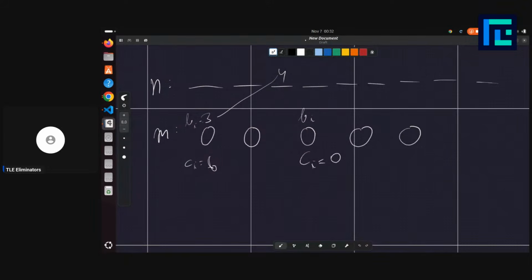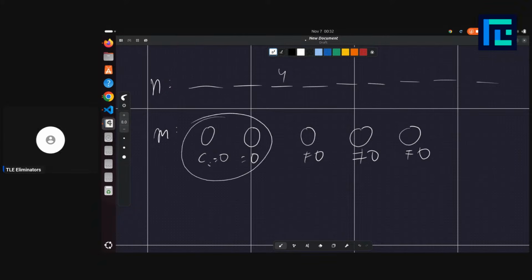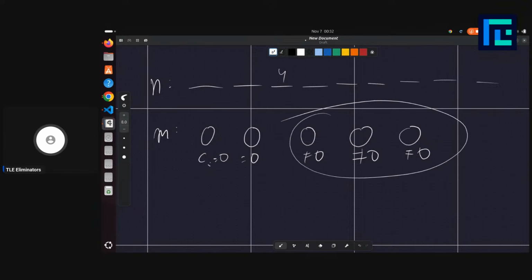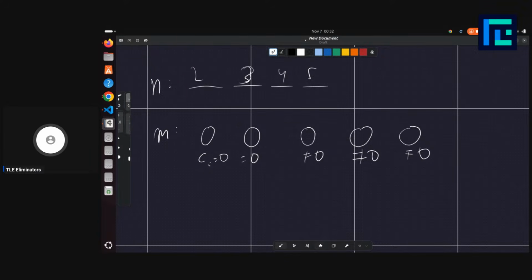Basically, you can see that killing a monster with CI not equal to 0. Let's say there are some monsters with CI equal to 0, and some with CI not equal to 0. Whenever you kill a monster with a sword, let's say you have these 4 swords with values 2, 3, 4, and 5. Whenever you try to kill a monster with your sword and the CI value is not equal to 0,